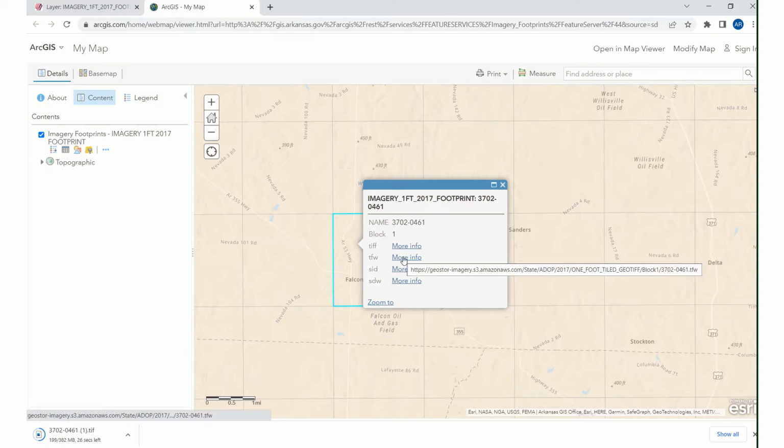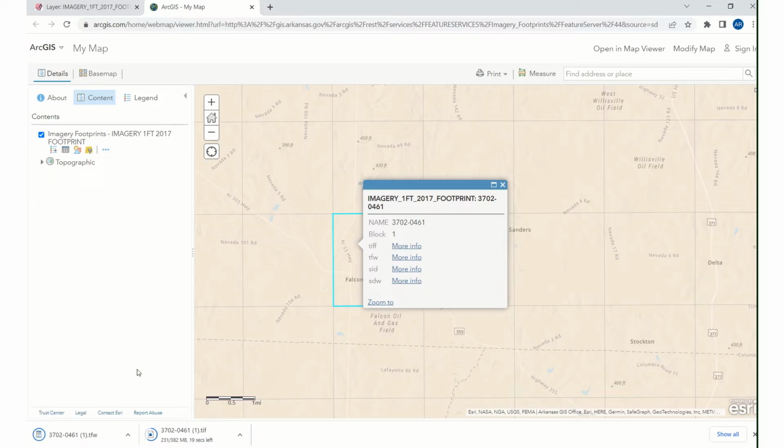So click here on More Info. By default, this is going to my downloads on my desktop computer, which is fine. While that's downloading,